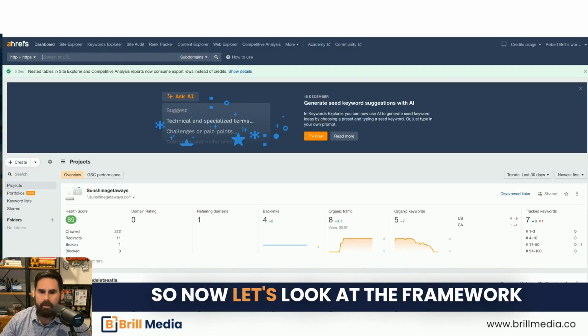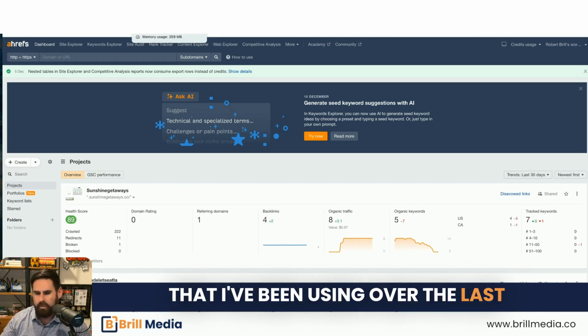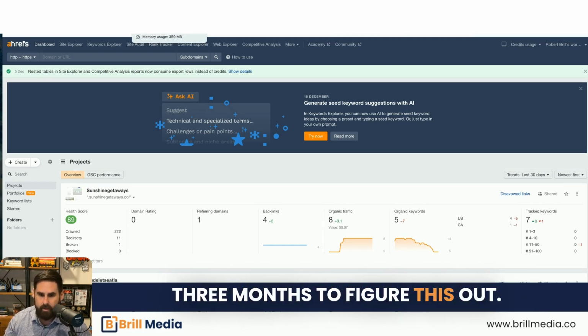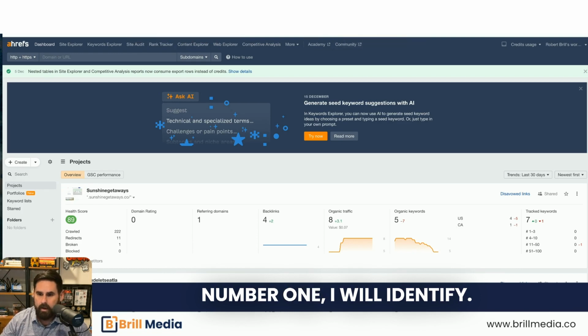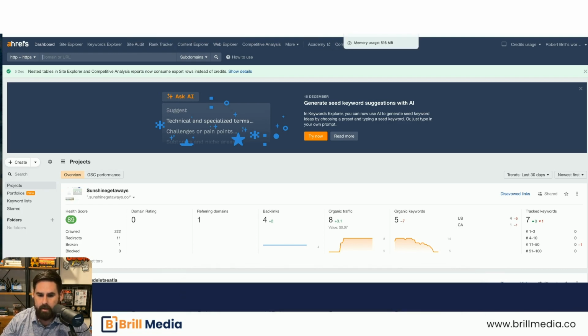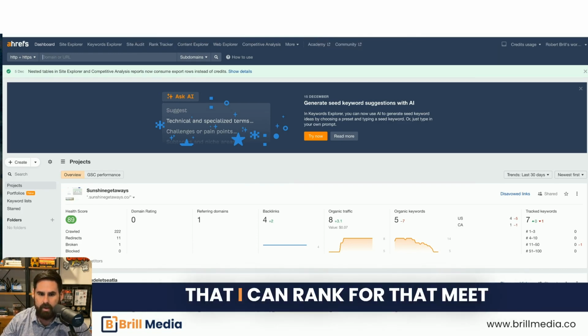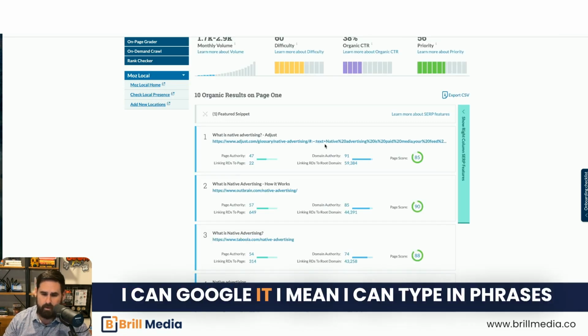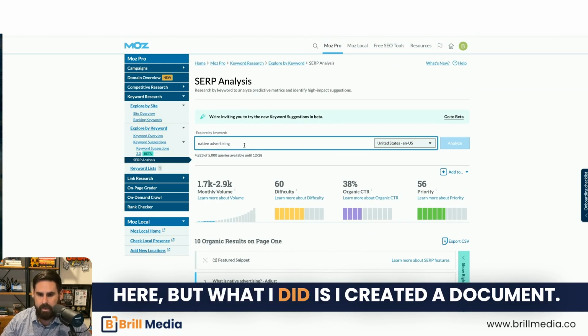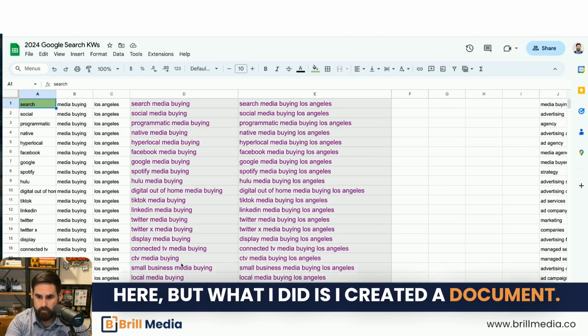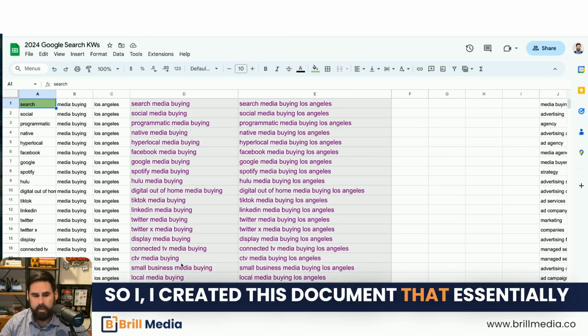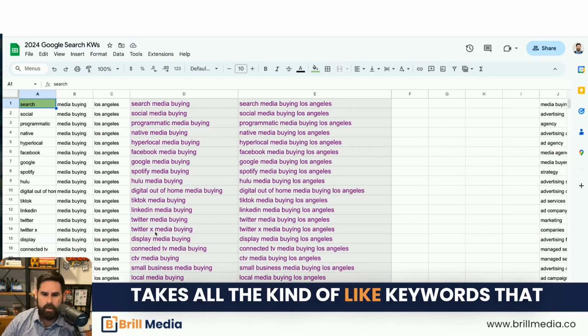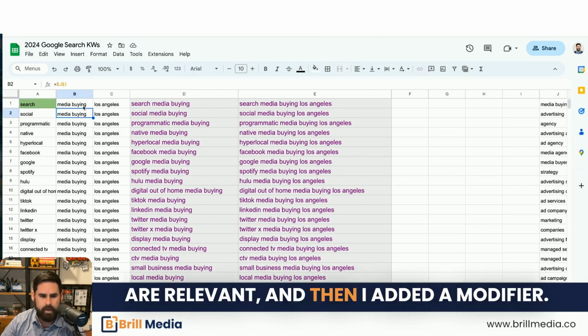Okay. So now let's look at the framework that I've been using over the last 3 months to figure this out. Number one, I will identify what I'm looking for are keywords that I can rank for that meet these criteria, essentially. I can Google it. I can type in phrases here, but what I did is I created a document that essentially takes all the keywords that are relevant, and then I added modifiers.